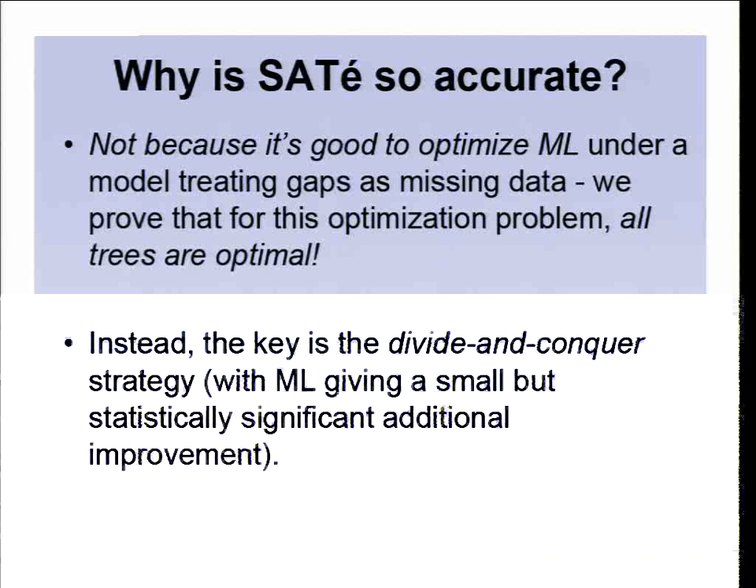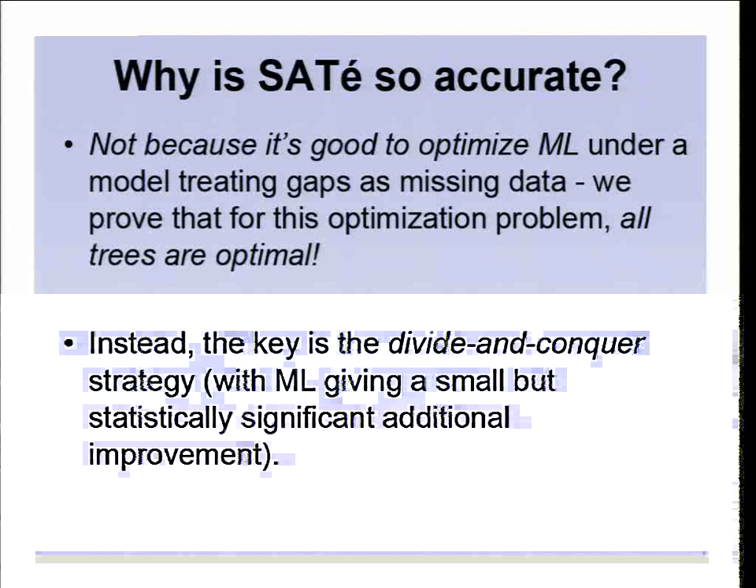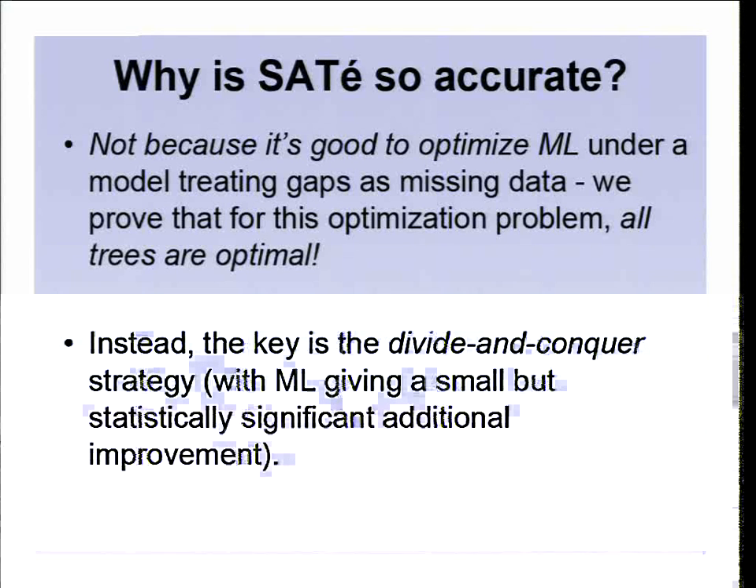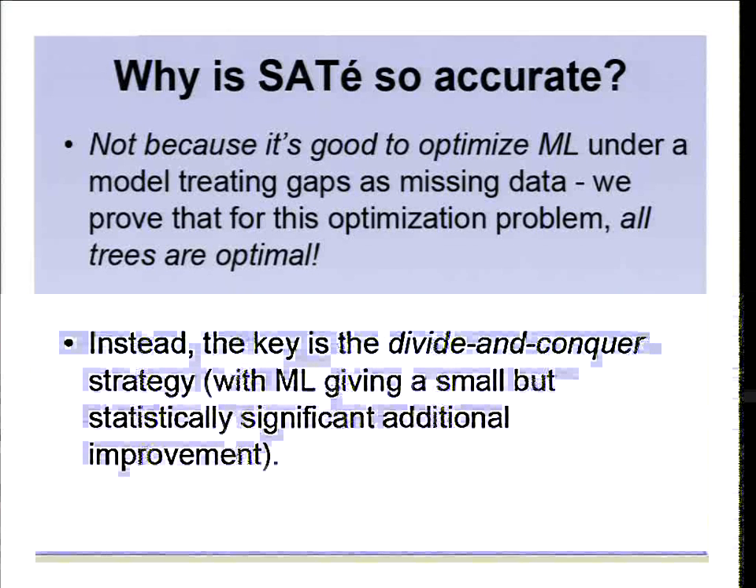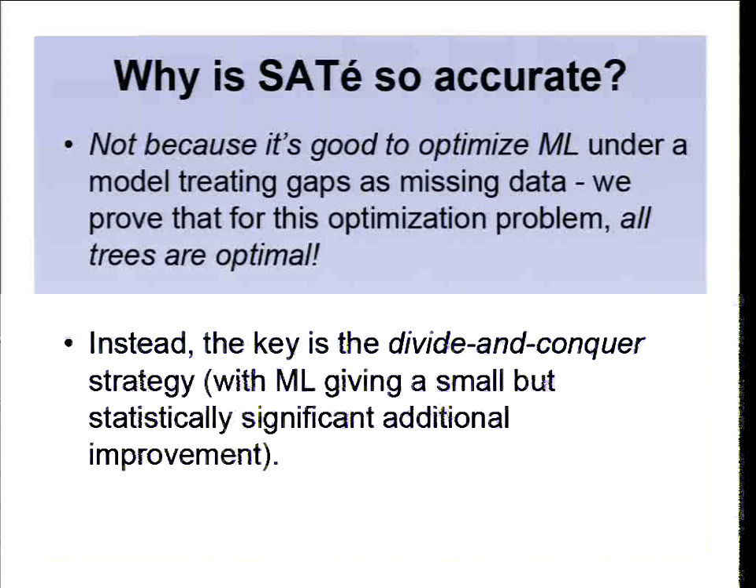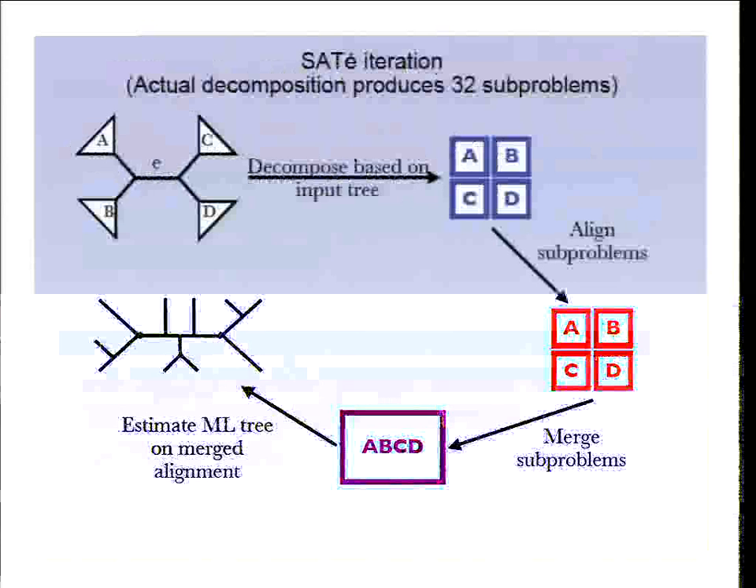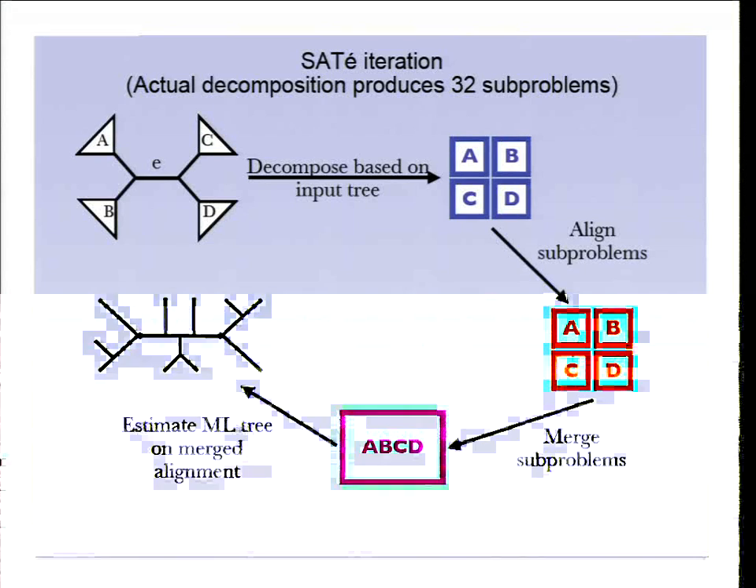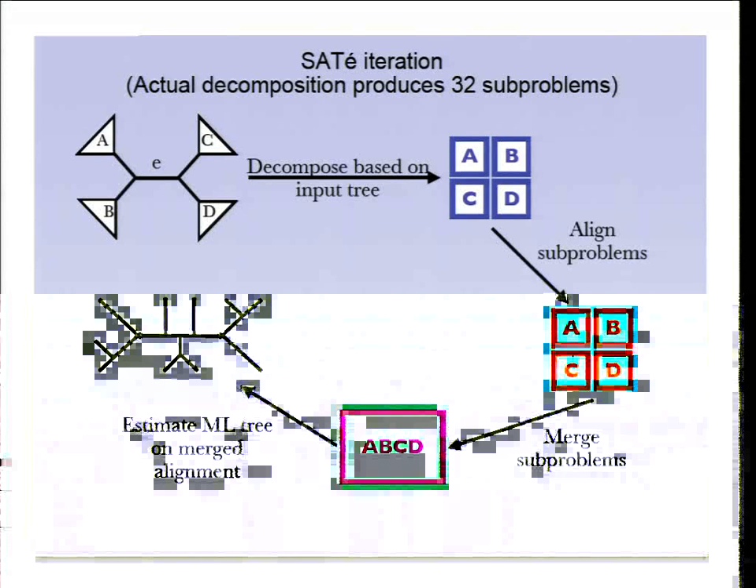So this is a method that gets its improvement because it's generating a sequence of alignments, and on that sequence of alignments that it gets in a particular way, it then uses maximum likelihood to pick among those. It turns out that using maximum likelihood to pick among those is not that important. So once we understood that the key was the divide and conquer, we went back and looked at that specific